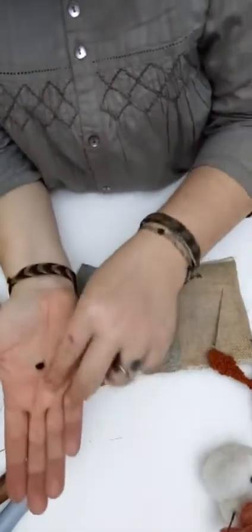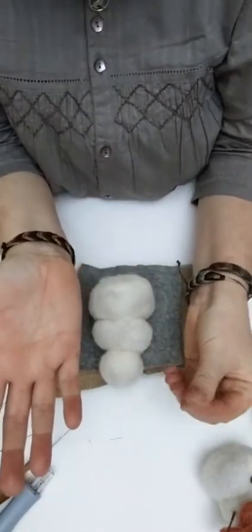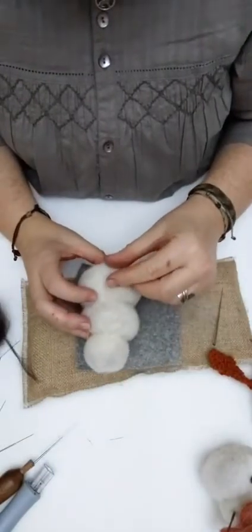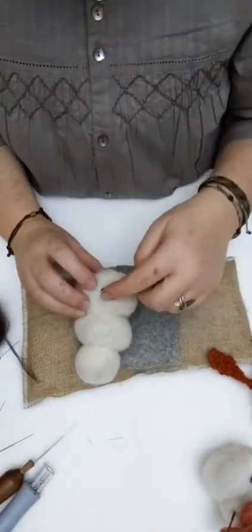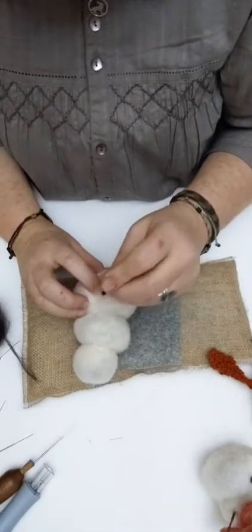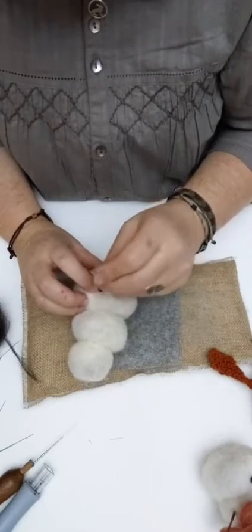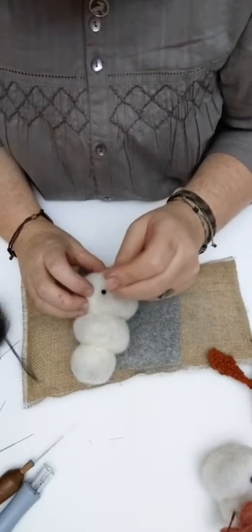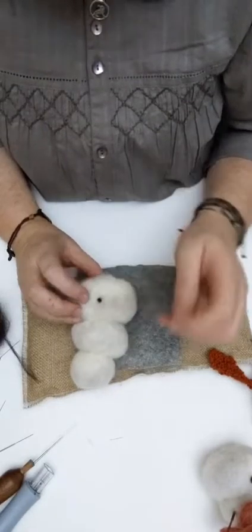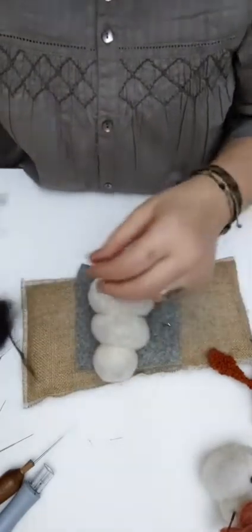So just take a little piece of the wool in your hand, tiny little piece, and then just roll it around in your fingers. And then just pop it where it wants to go. You might need to just hold it, but we'll see if we can get away without doing that. Just hold it as you felt it on. And don't over felt it, you don't want to lose it, you just want it tacked on. And you see, there we go. And then we're going to do the same